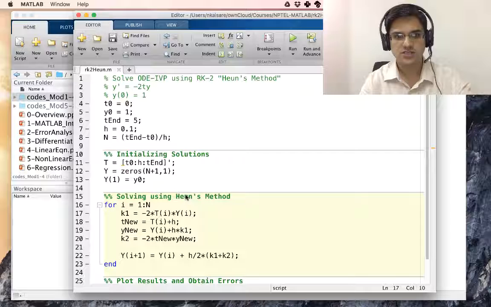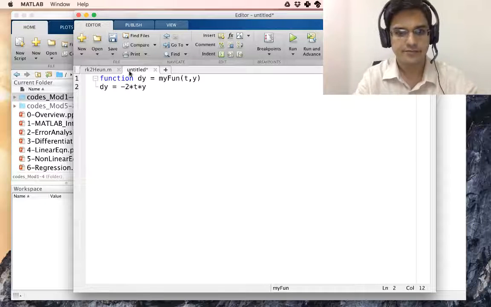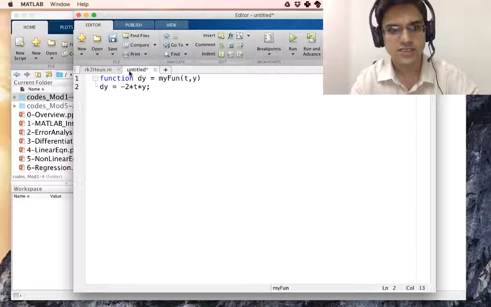So let's first create a function myFun: dy equal to myFun(t, y), and dy equal to minus 2 multiplied by t multiplied by y. Okay, let's save this